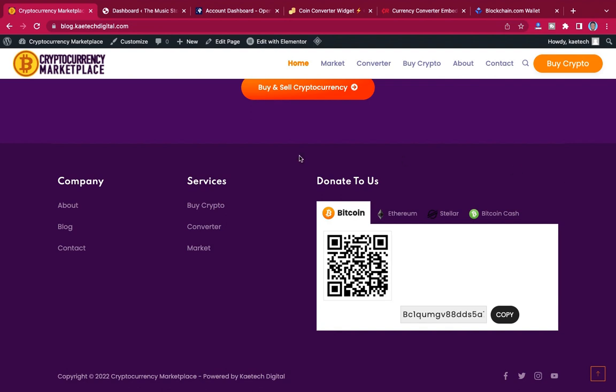Now this footer section has three columns over here. Now this one talks about your company. This one talks about the services that you offer. And then this one is a donation button. Okay, so you can place a donation button over here so that people can donate to support your cause, whatever you are doing. So if you want people to donate to support your cause, they will be able to scan this one or copy your